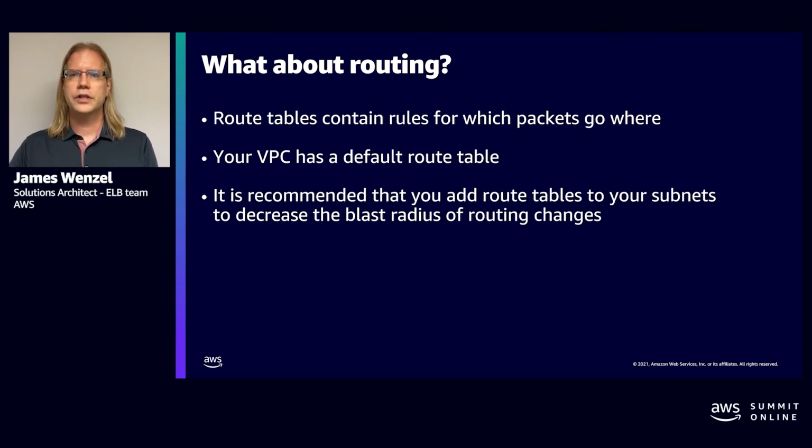The other place that you can actually put a routing table is on a subnet. Now, we recommend that you use those subnets for your configurations and changes, because if you have multiple subnets, as I mentioned before, it's very common to have a public and a private. You don't want to have all of your EC2 instances be affected when you make a change on a larger routing table, such as on the VPC. If you start using the smaller or lower blast radius routing tables on the subnets, and you have to do adds, moves, and changes to a particular subnet, it doesn't affect all of the rest of your workload. And it gives you an easy way to go back and troubleshoot.